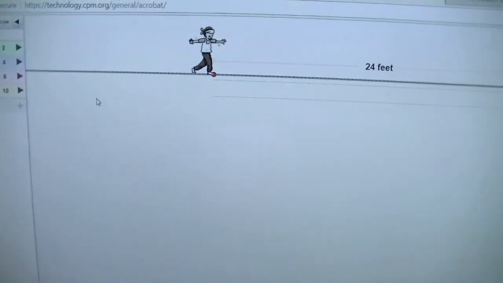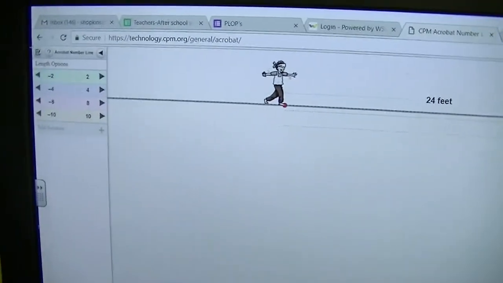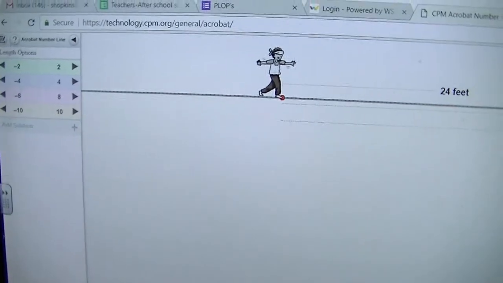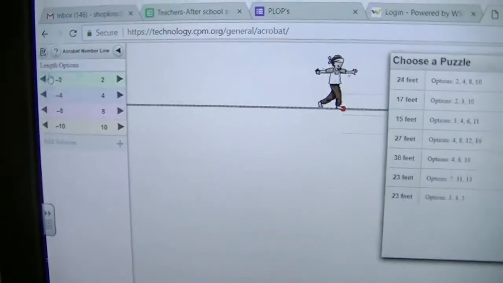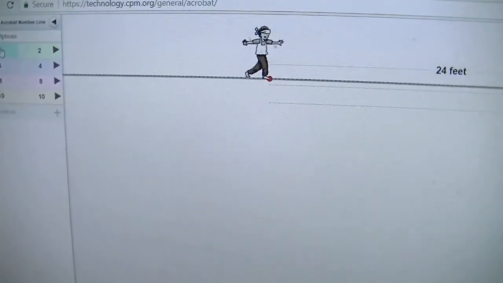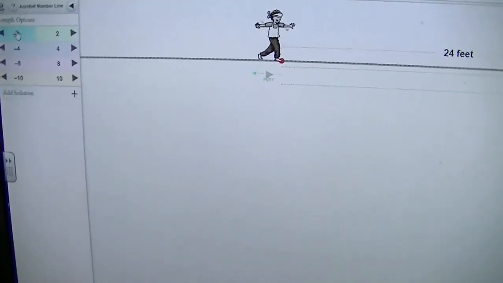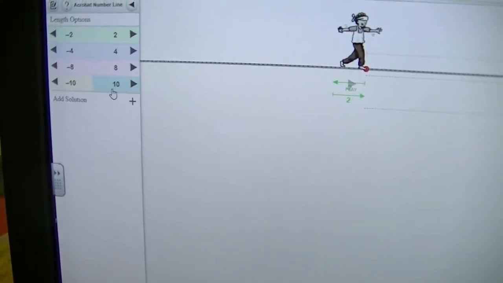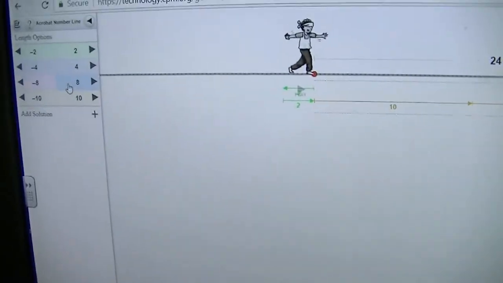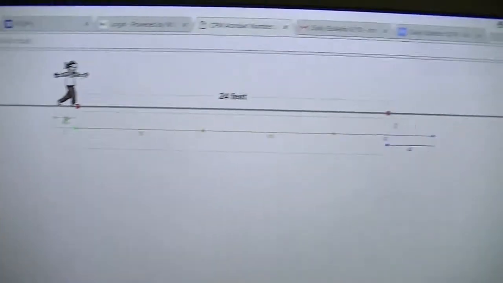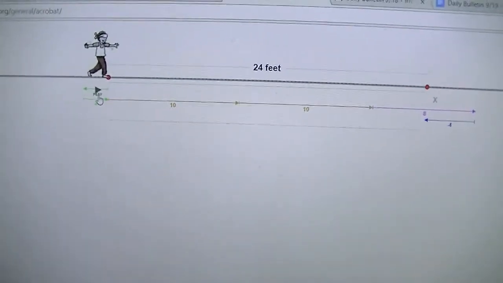Let's go ahead and get started. So what I would do is I would go to get 24. If it doesn't say 24 as the length over here on the left, you would choose the puzzle, select 24. Let's start with, I'll go -2 plus 2 plus 10 plus 10. So that puts me right there, and I'll go plus 8, and I'll do plus a -4. So you'll see when I press play,